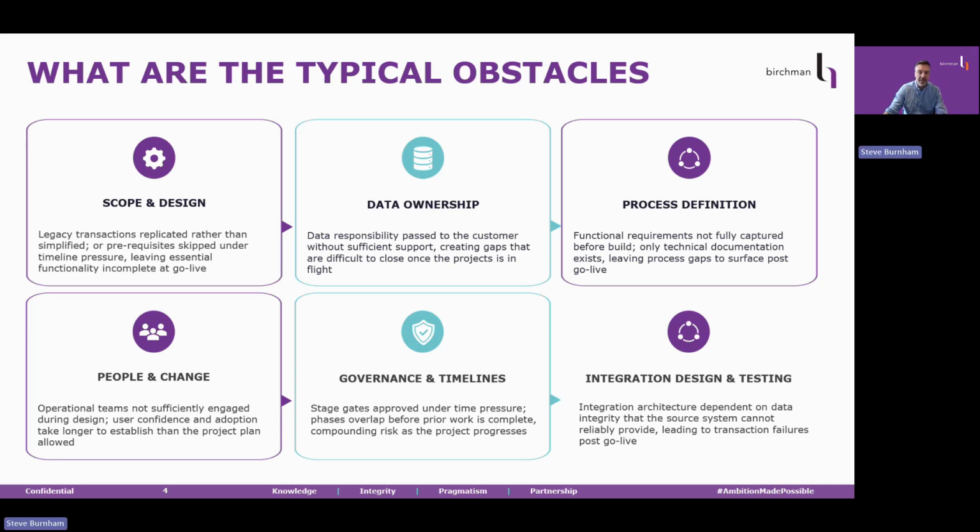Another common obstacle is process definition, also known as the documentation that was never written. Technical and integration documentation exists in volume on most troubled programs, but what does not exist is the functional rationale behind it. Process workshops during implementation often default to documenting how things work today rather than how they should work in the future and how best to support the business. The system ends up reflecting the old operating model in new technology, workarounds and all.